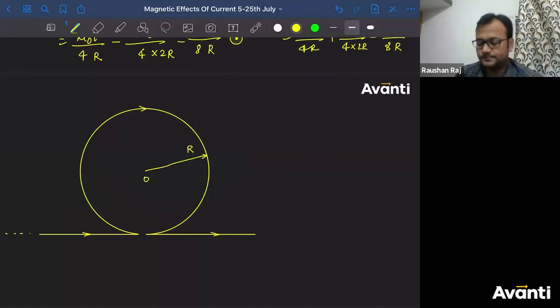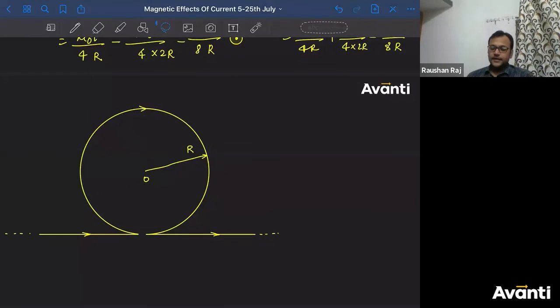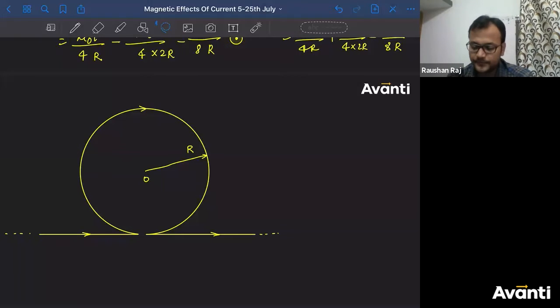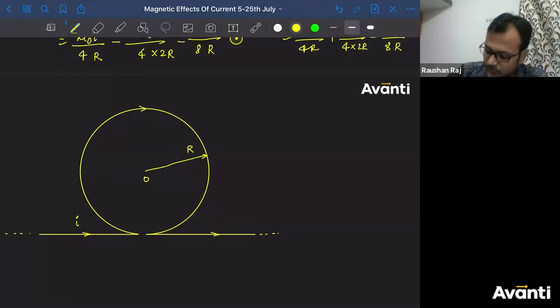Find B at O. बोलो बच्चा लोग, आंसर करो. Here, how many elements do we need to consider? What are those elements which will contribute to the magnetic field lines or to the magnitude of magnetic field? 3, correct? Yeah. ठीक है बच्चा लोग. Get the answer for this. Current is I. You can assume current is I, coming into the loop, out of the loop. Same current will flow, so I.